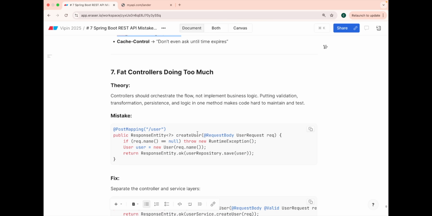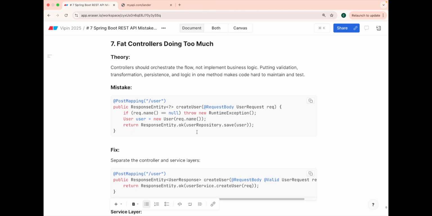The seventh, last, and the most common thing that we do is making the controllers too fat. What is the single responsibility principle that you learn in the SOLID principles? That is, keep it simple and don't overload your one single class with n number of responsibilities. If one single class is responsible for handling your user request as a dispatcher servlet, don't add your business logic to it. Your controller has a single responsibility of handling your user request.